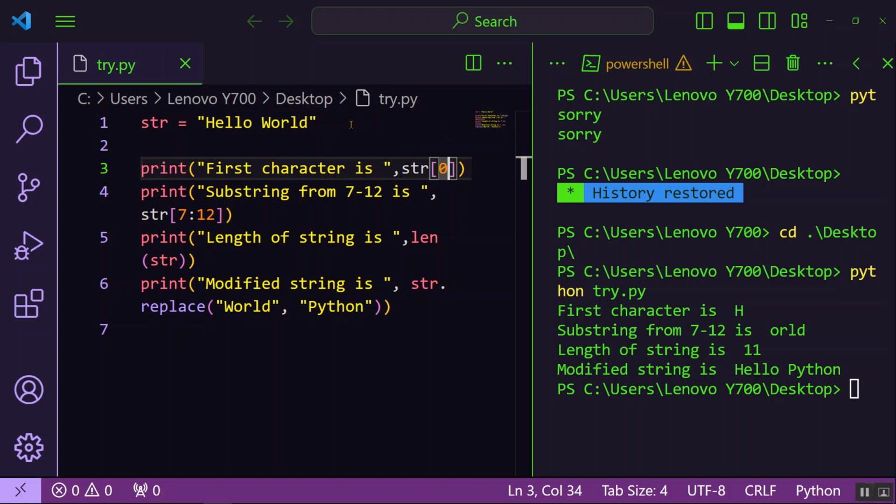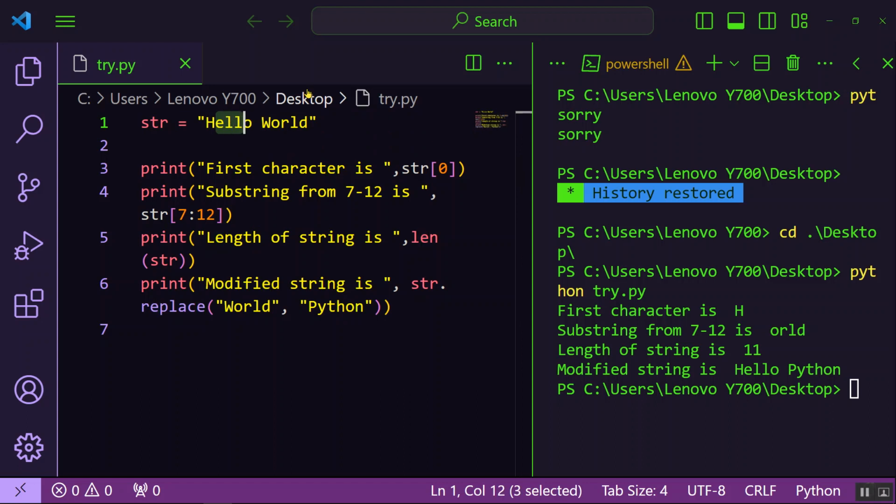Meaning to say, when we count those characters in position, we do not start at 1. We start at 0. H is 0, E is 1, the first occurrence of L is 2,